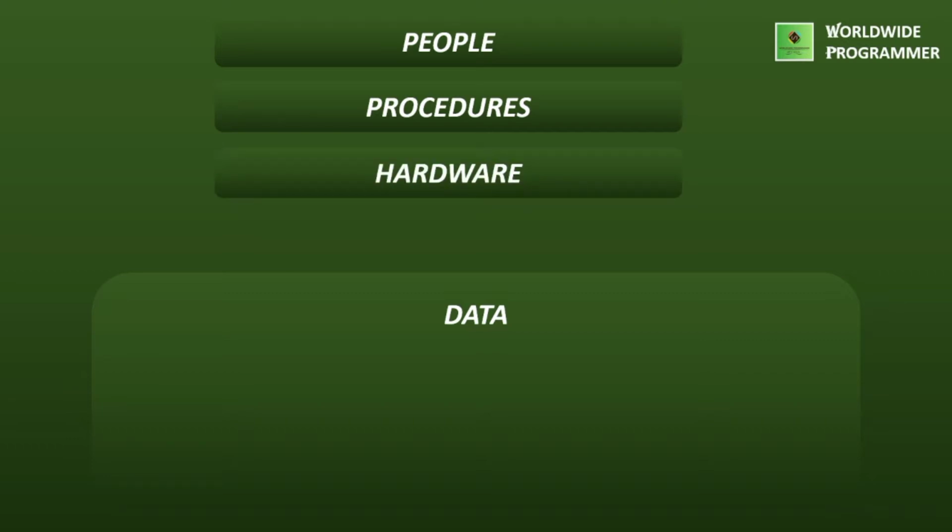Next one is hardware. Hardware consists of the technical equipment needed to run a GIS, including a computer system with enough power to run the software, enough memory to store large amounts of data, and input and output devices such as scanners, digitizers, GPS data loggers, media disks, and printers.